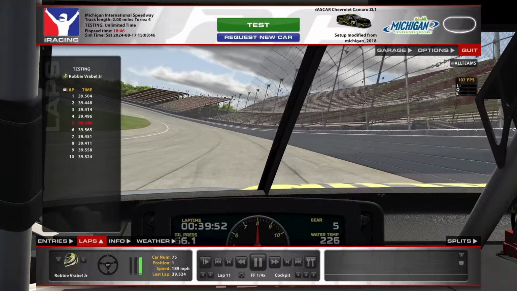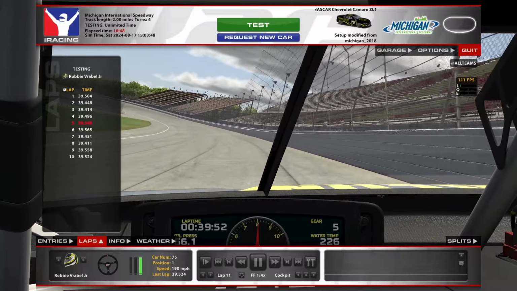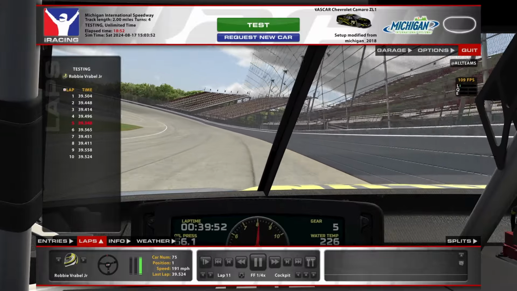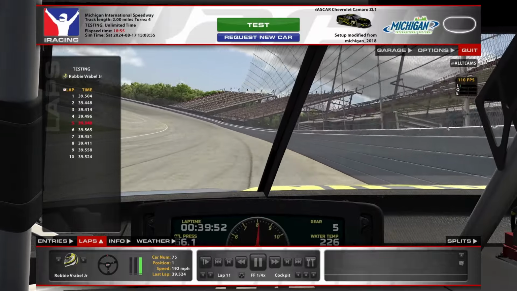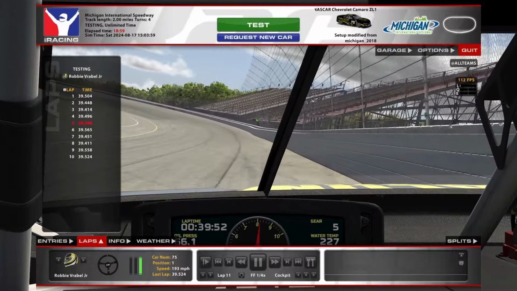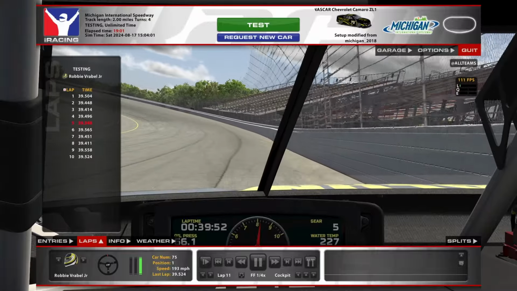Okay guys, couple things to touch on again. Just for the sake of this video, I was running about a lane off the wall simply for the consistency of lap times, just to show you the difference between lanes. In the race, I'm sure you'll be moving all over. Another tip for qualifying as well,